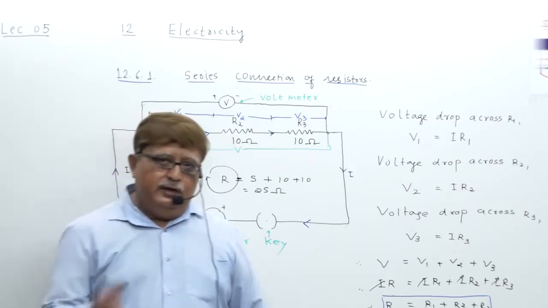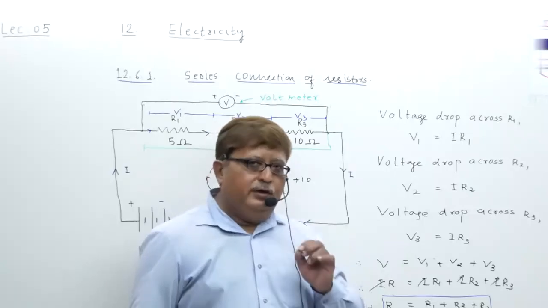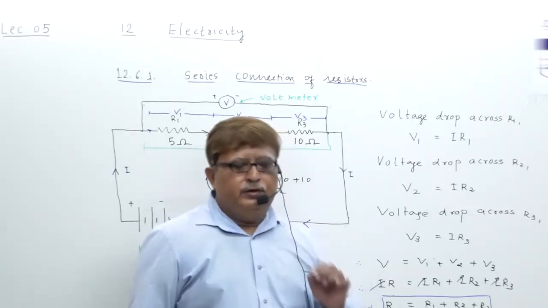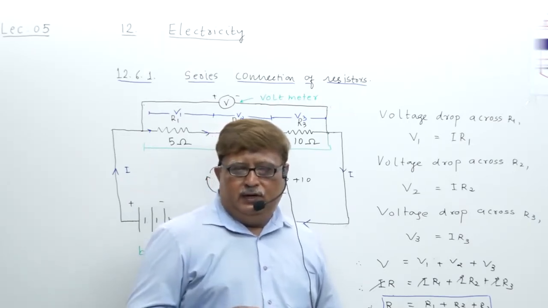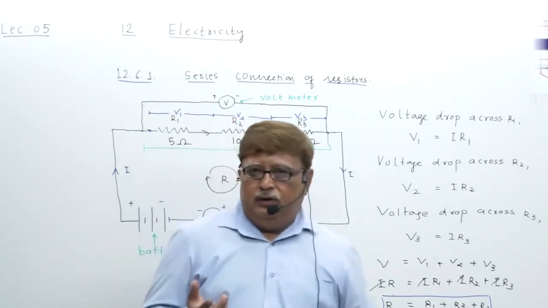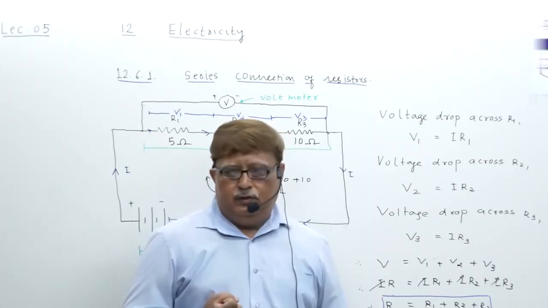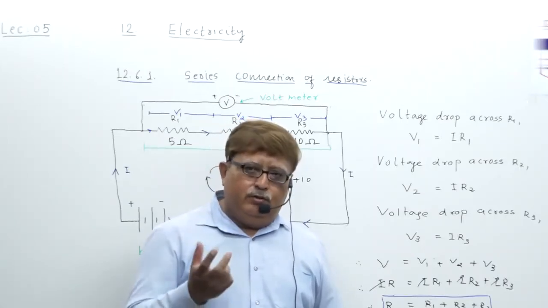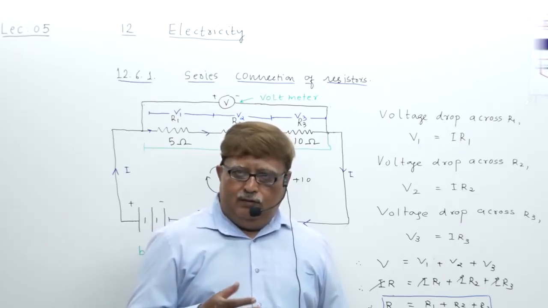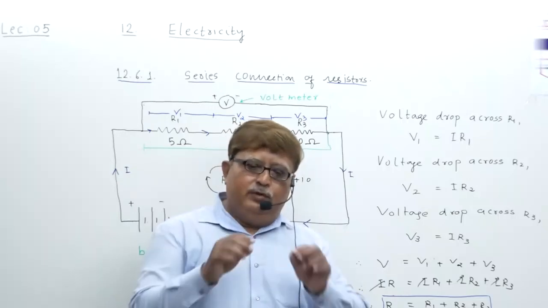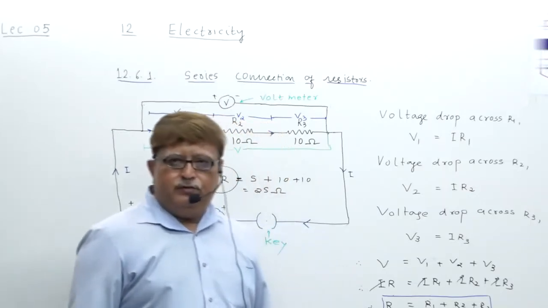Understood? Now can I remind you of that question I asked you? In circuit at some point I want to generate a resistance of 10 ohm, but in market it happened that I am not able to get any resistance of 10 ohm, but there is availability of two resistors, one of 3 ohm, one of 7 ohm. So R1 3, R2 7, R1 plus R2 connect in series, 3 plus 7 turns out to be 10 ohm resistance.